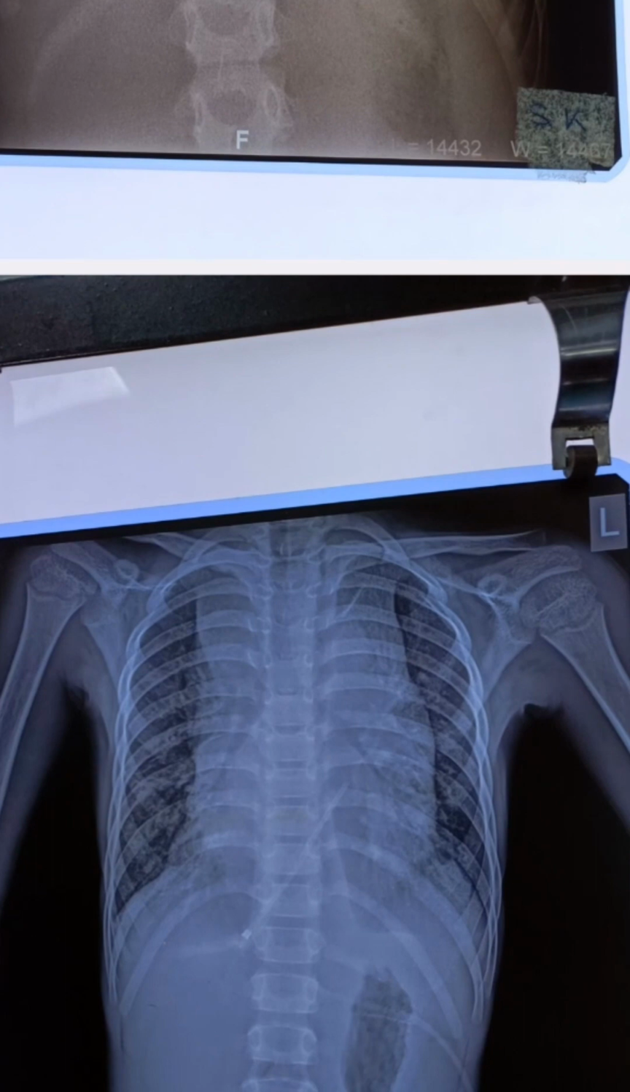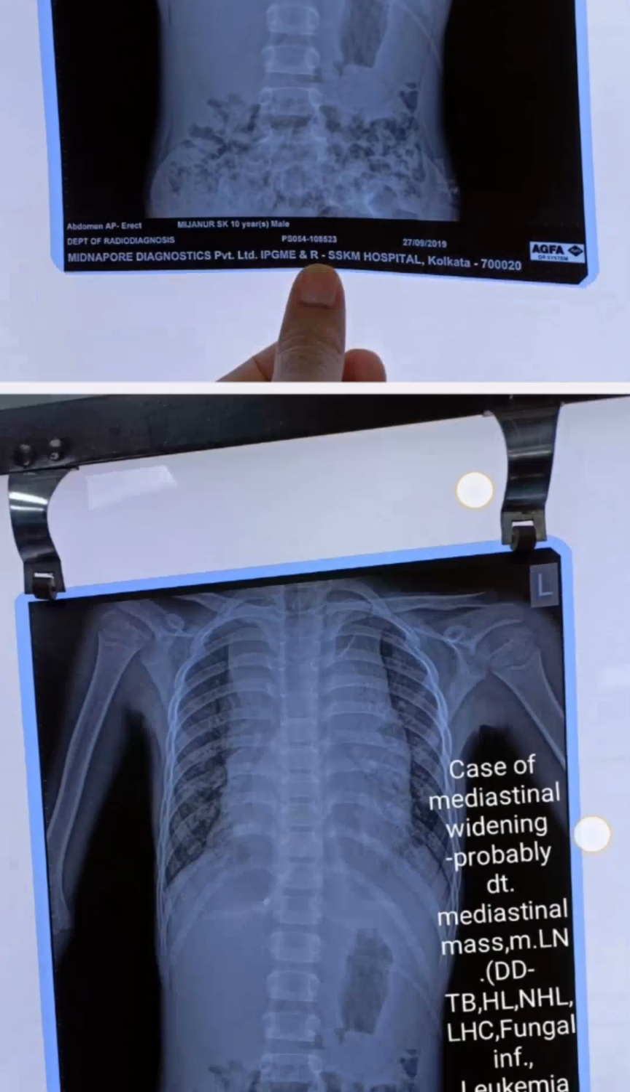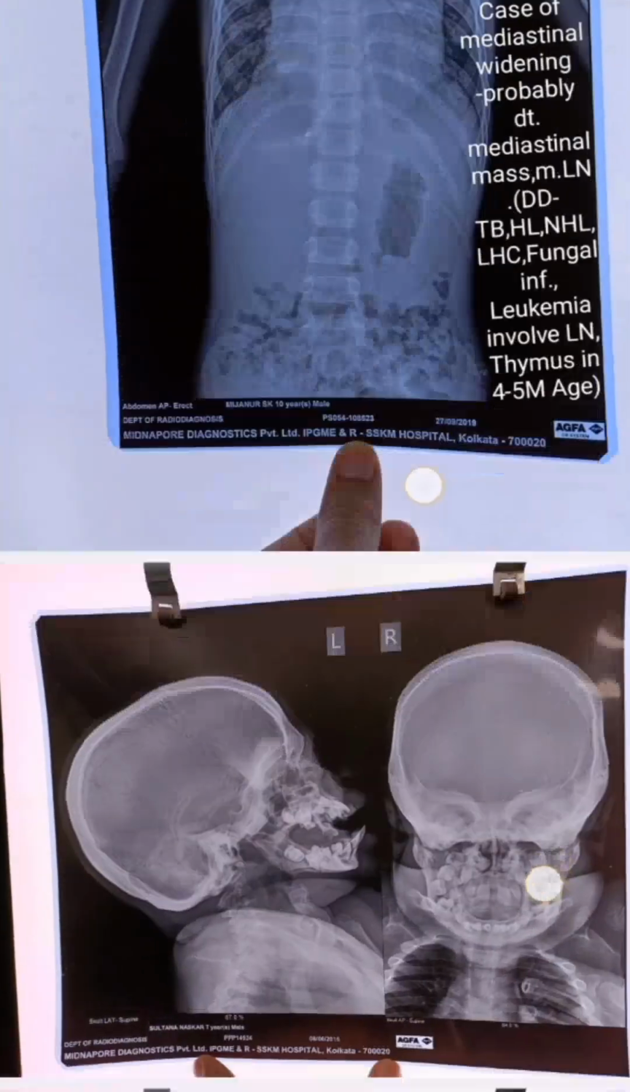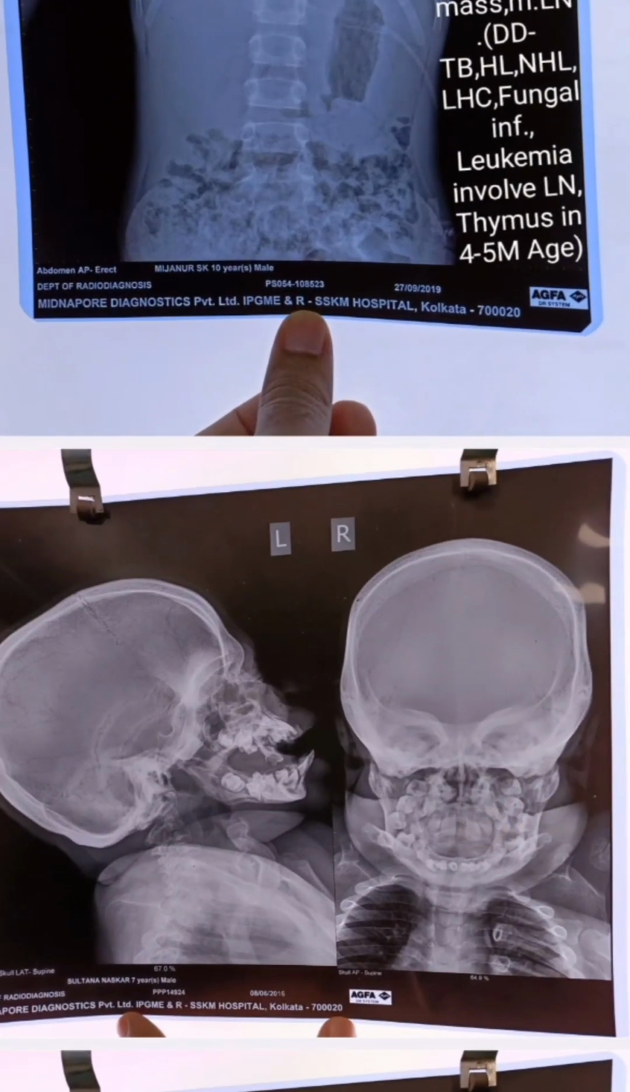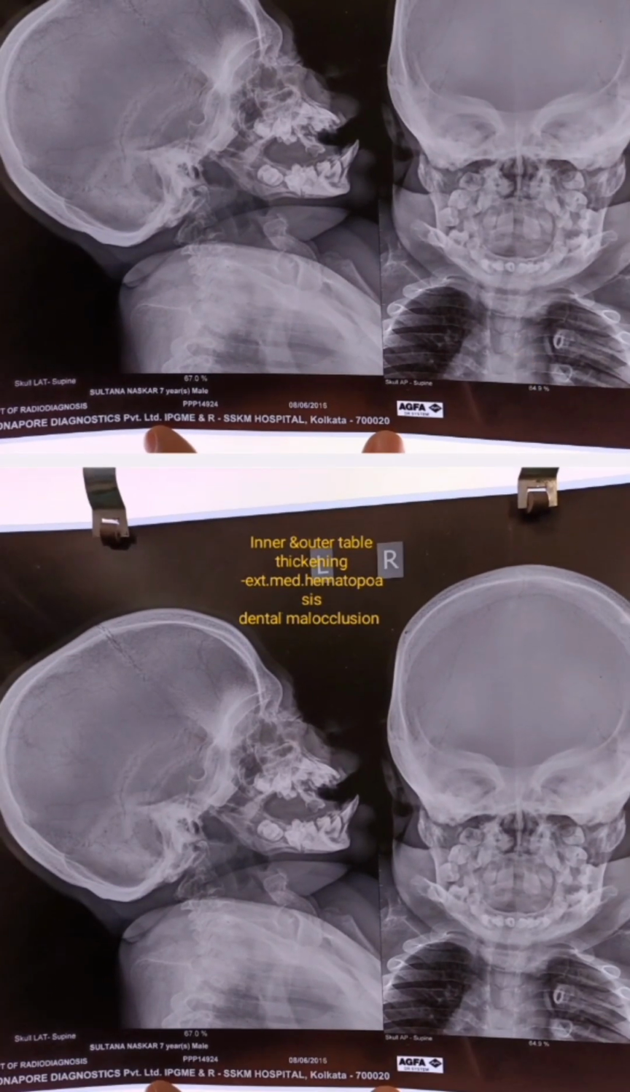This is a sciagram showing mediastinal widening. This may be due to the presence of a mediastinal mass. Now it can also be due to Hodgkin's lymphoma, non-Hodgkin's lymphoma, tuberculosis, or leukemia which has involved the lymph nodes. Okay. Next sciagram, here you can see that there is thinning of the inner and the outer table. There is thickening of the inner and the outer table, and there is dental